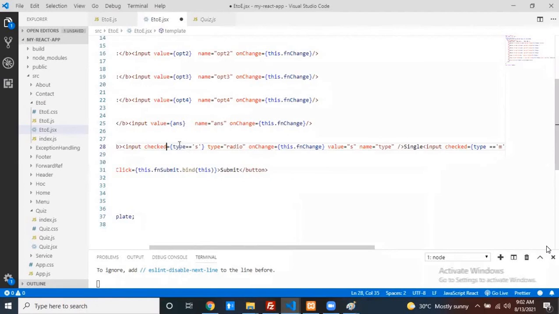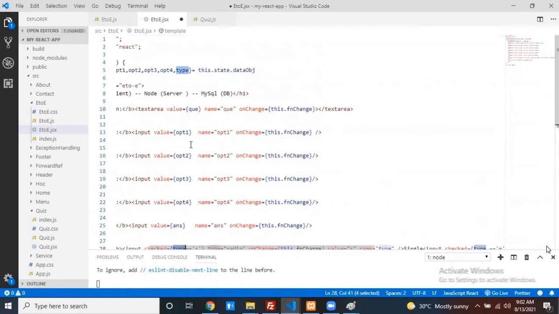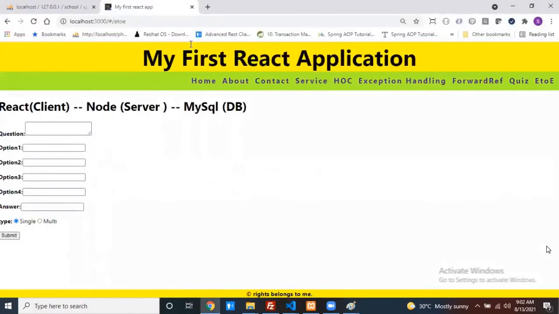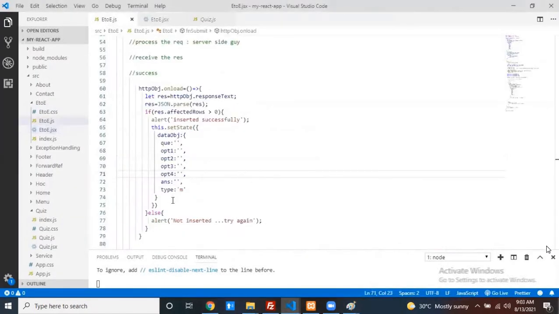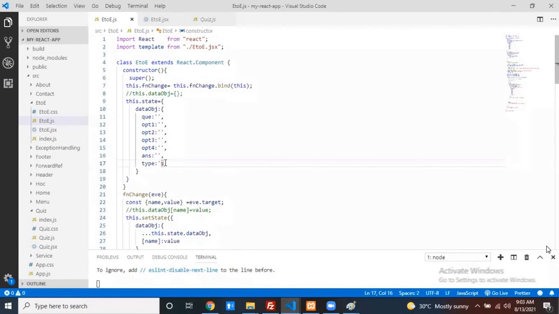My type equals my text area, my type is this one. Can anyone check why it's not working? My type is like yes. Oh, here, not right. By default, here you have to change.